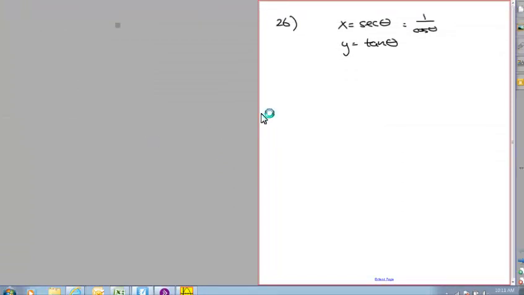So if you were using your calculator, I'm going to just do it in my calculator to make sure everything's okay. So the things we do is you go to y equals with it in the parametric form. So you have to enter both the x and y equation in terms of the parameter. And so I'd have 1 divided by the cosine of t, and then the second one would be the tangent of t,